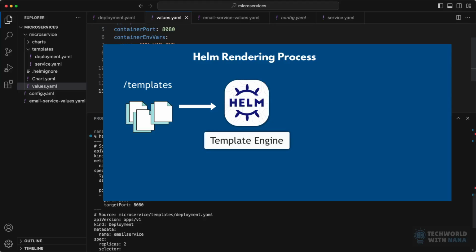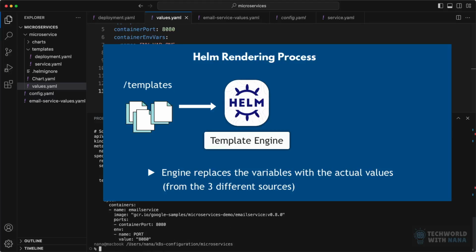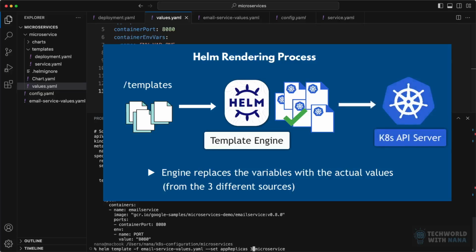The engine will then replace all the variables or placeholders in those template files with the actual values from the values resources, which are the default values file, user provided values file, or --set option, which we can use to override single values defined here, for example, like app replicas 3. Helm will then collect the results of rendering of those templates and send those files to Kubernetes when we execute